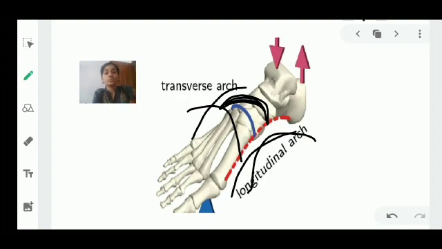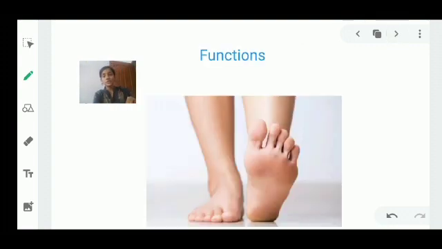First, before that, let's go through its functions. To talk about the functions of the arch of the foot, the medial longitudinal arch is more dynamic and elastic, and it acts as a lever to propel us forward. It helps in carrying out actions like walking, running, jumping, etc. Whereas the lateral longitudinal arch is more static, and it is involved in the transmission of stress and weight to the different bones of the foot. It has more of a weight bearing static function.